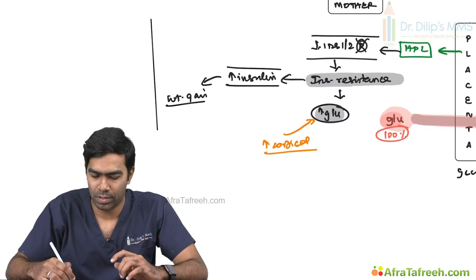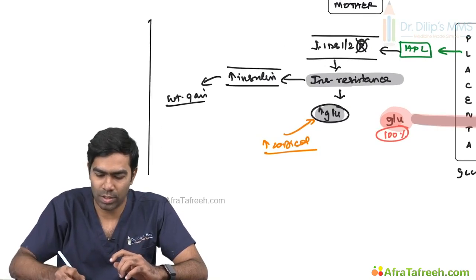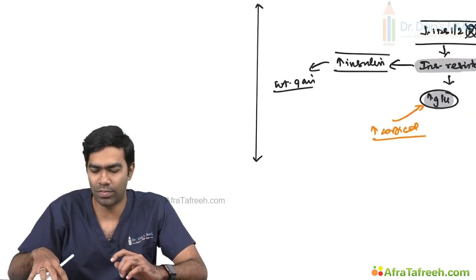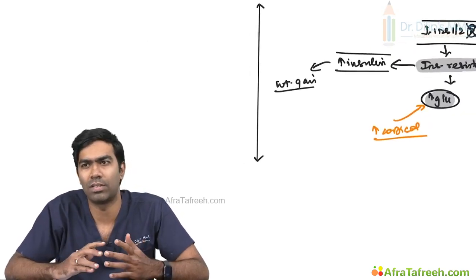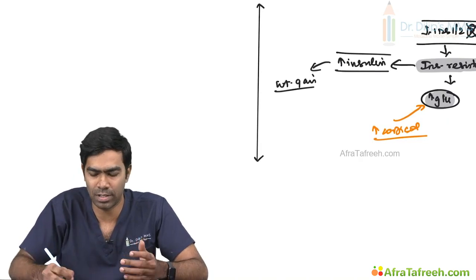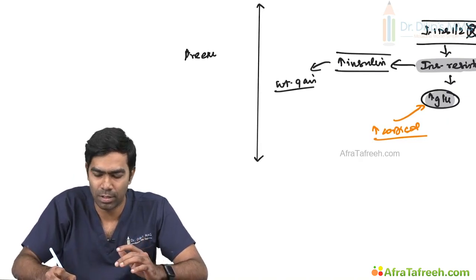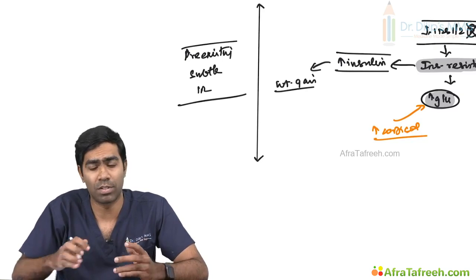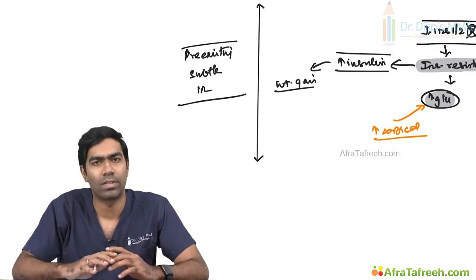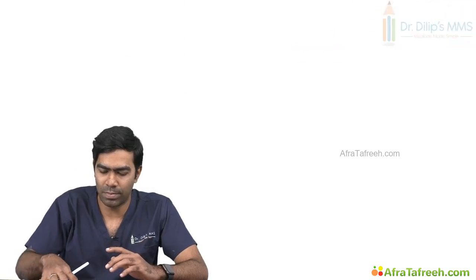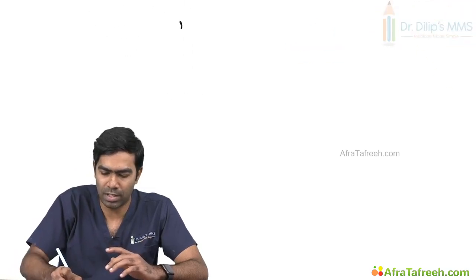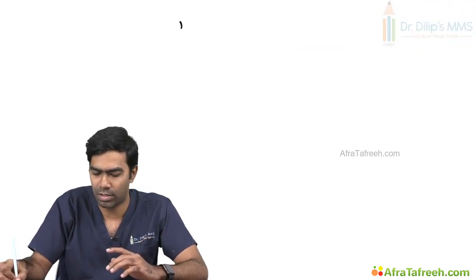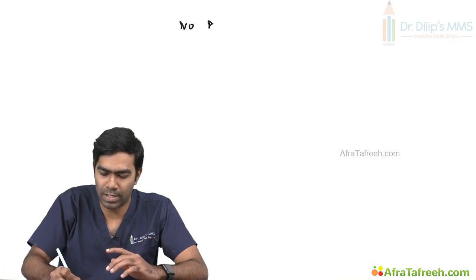Now, as I told you, what causes insulin resistance? If all these things are a physiological phenomenon, then what causes this kind of gestational diabetes mellitus? It's the pre-existing problem in the mother, especially in the setting of pre-existing subtle insulin resistance, which becomes overt in the setting of gestational diabetes. So let me write, a mother who is having no pre-existing insulin resistance